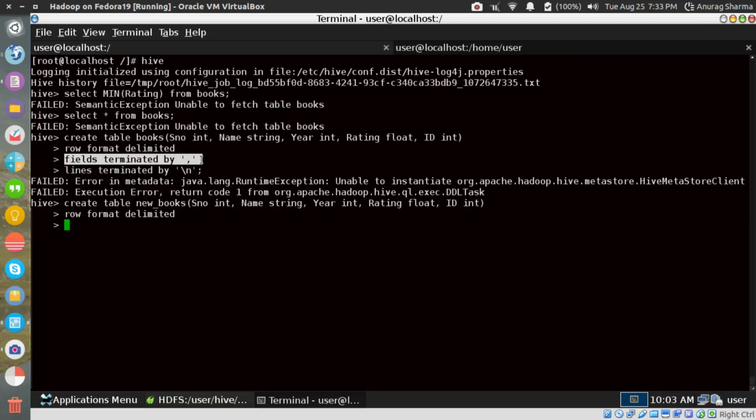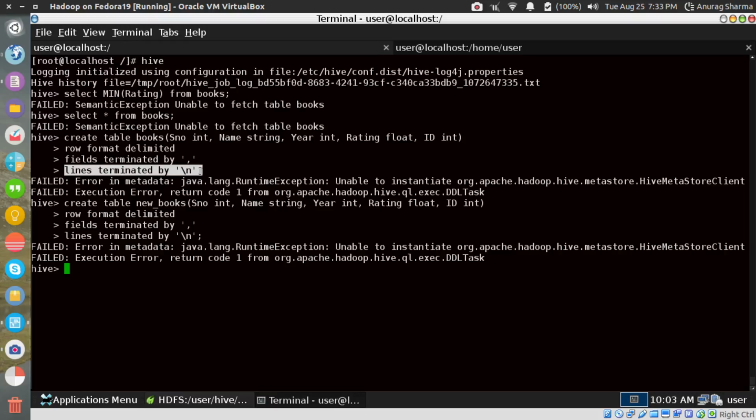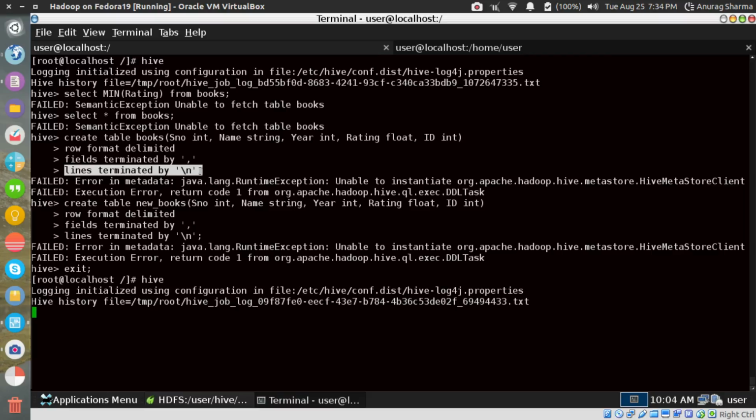If you're wondering, I'm just using a Control-Shift-C and a Control-Shift-V, guys. Wow, what's wrong with Hive? Okay, seems good.